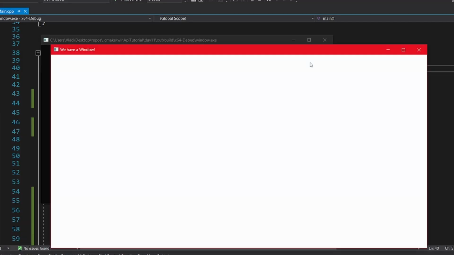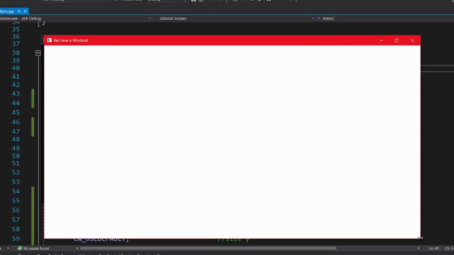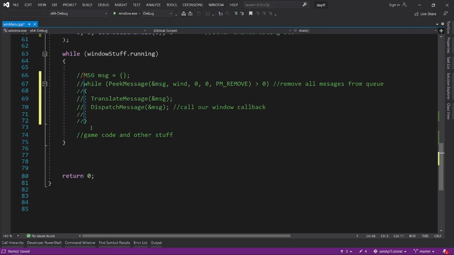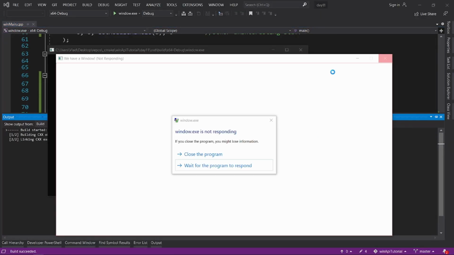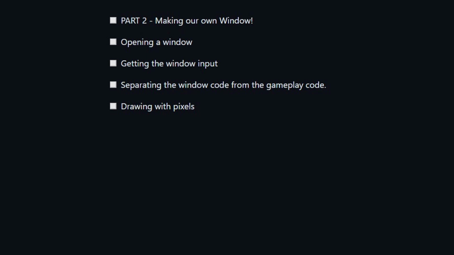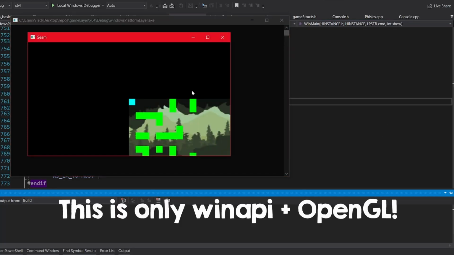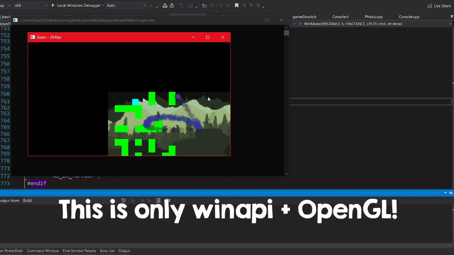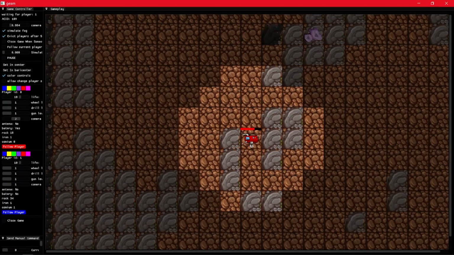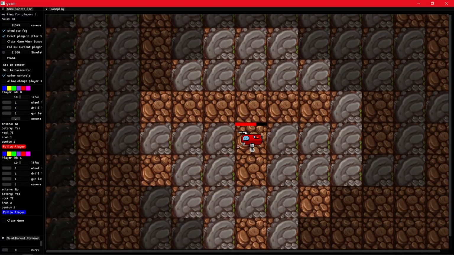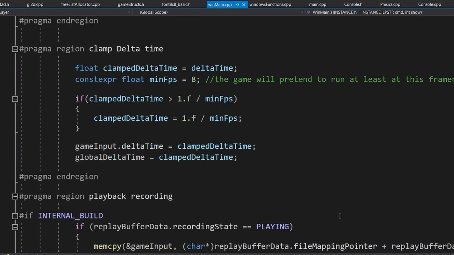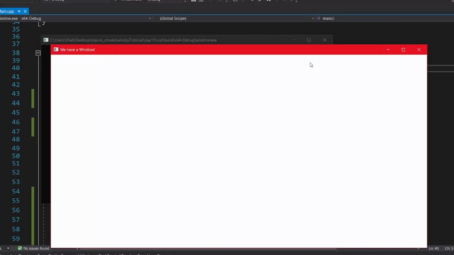Part 2 of this tutorial series is finally here, and we will finally be opening our first window and poking through the code to understand how it works. These videos will be all dedicated to handling this window, because we want to turn it into a game. So I will not only talk about the WinAPI stuff, but also about the game dev specific topics when making a game from scratch, like properly calculating the delta time, setting up your project, and others. Today though, let's open our window.